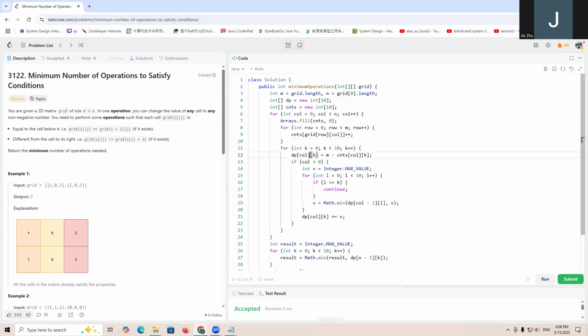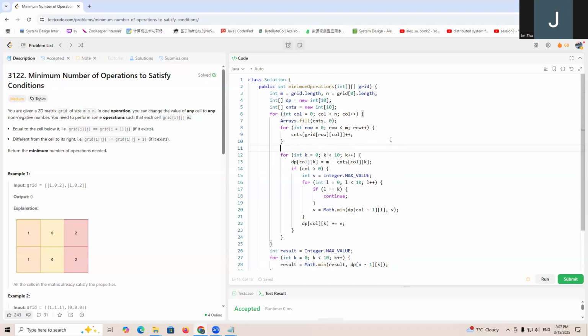And for DP, right? We know we just depend on the previous DP. So we can create something called a new DP here, right? So we can create a new DP